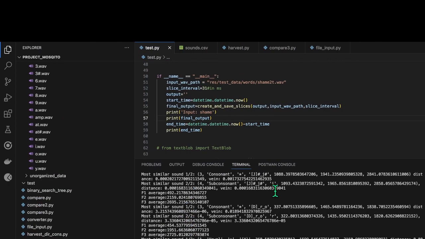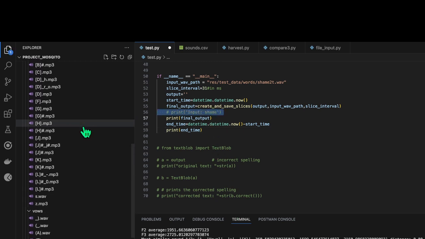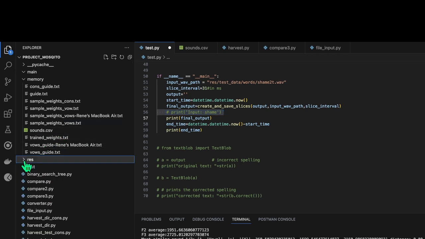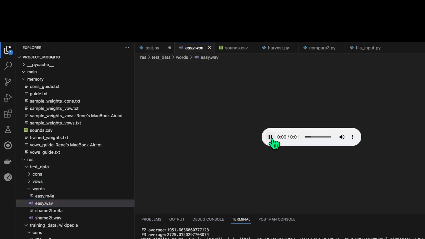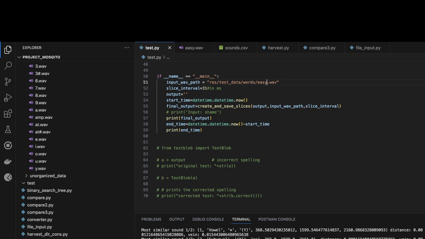And now I will show you the actual running. So this is for shame. It runs in like 0.05 milliseconds. And now the word easy. Let's play the word easy right here. Let's go inside words. So this is easy, right? Now if we take easy.wav and we run it,